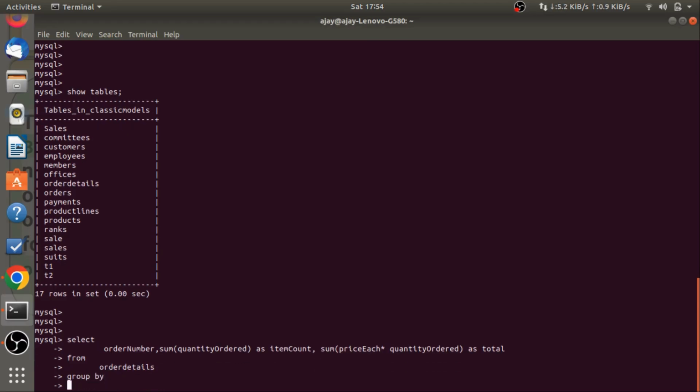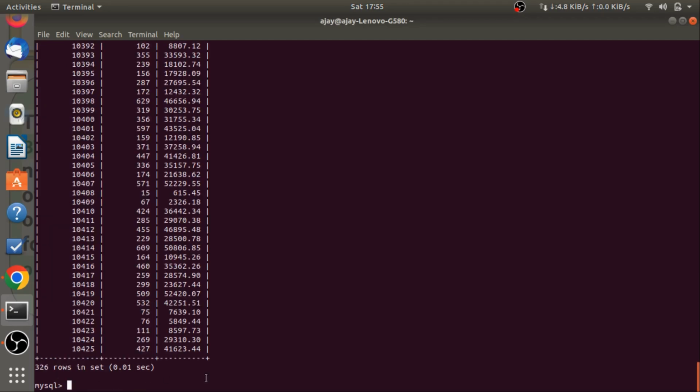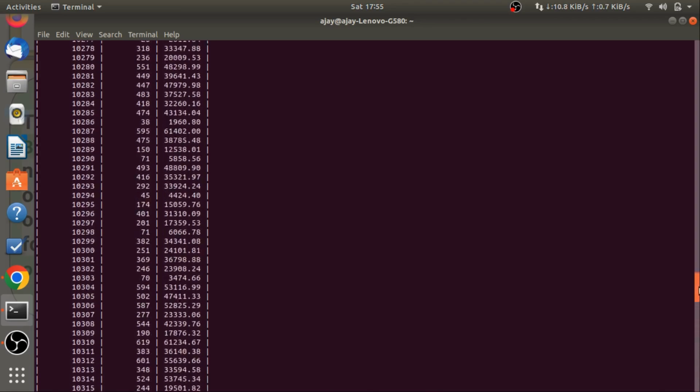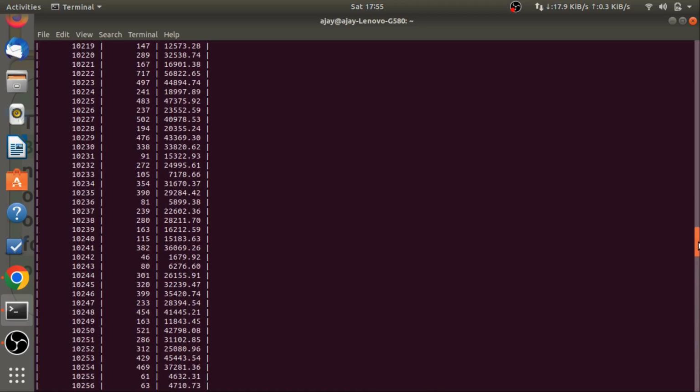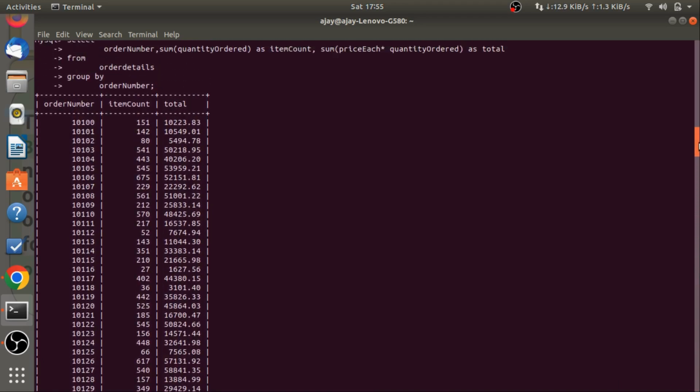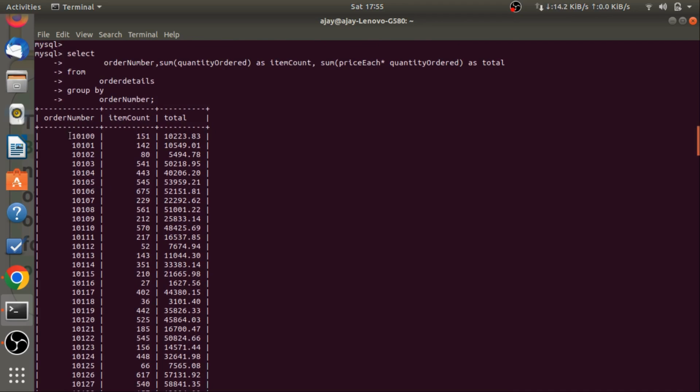Right. So, which column do we have to group by? Order number, right? And with a semicolon, let's see what will be the answer of this query. Yes, so this is the order number column, and in front of this item count, and there is total also,